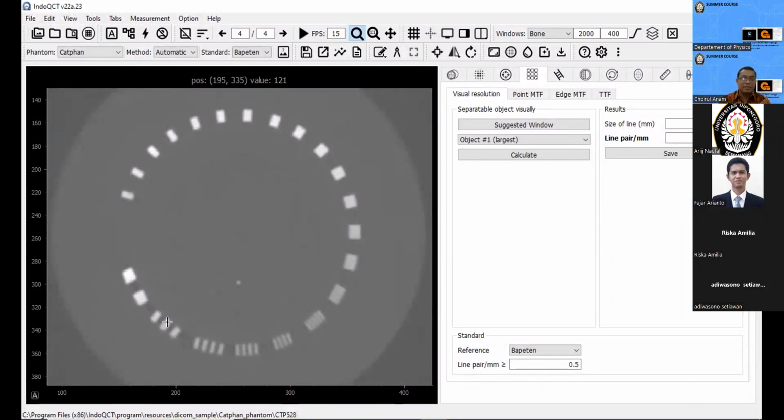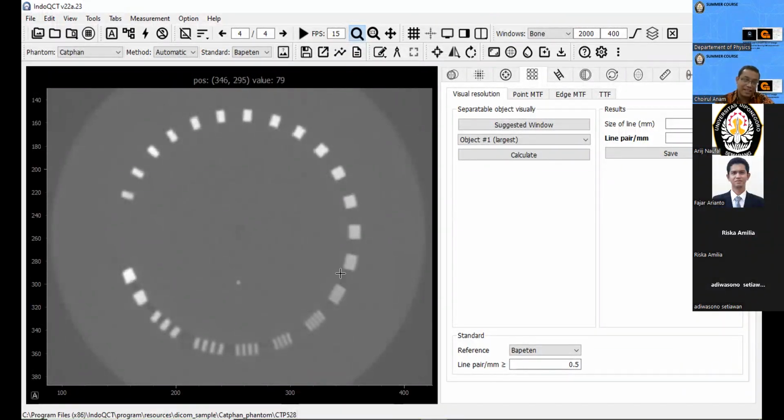Number 2 can be separated. Number 3 can be separated. Number 4 can be separated. Number 5 can be separated. Number 6 also can be separated. Number 7, this is maybe a different observation among us.